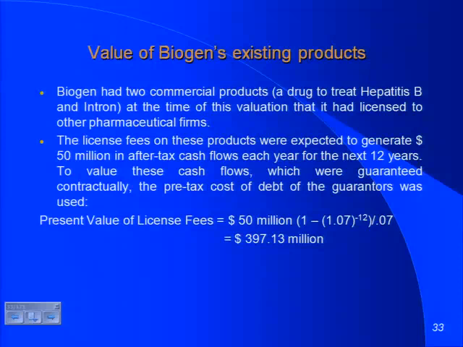Let me ask you a question. If this license had been framed differently, a percentage of revenues, then would I have still used the cost of debt? No, then there's uncertainty. Then you'd have talked about a cost of capital based on the fact that it's a developed drug, which might have been 10%, 11%, 12%. It's because it was a fixed license that I used the pre-tax cost of debt.